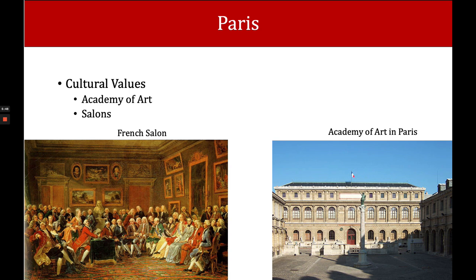But I just want to talk a little bit about how salons were so important. They gave the prize to the best works of art. They were extremely important to cultural manifestations. They were the artistic epicenters where ideas could be shared and discussed. They were a public space where people could talk about art. Something that might be quite foreign to us today, but it was something that was important to them.